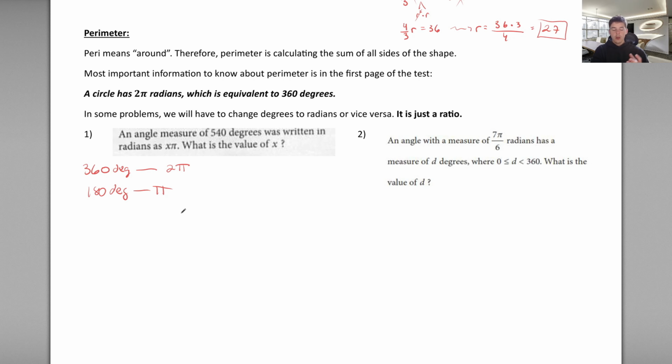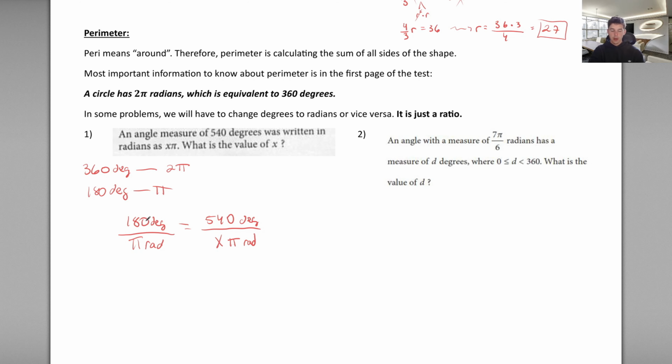What I always like to do in these conversions, especially if it's a ratio, is to set up a fraction, just like we learned in the ratio section of this intensive course. So we can do that: 180 degrees is equivalent to pi radians. Since it's a ratio and it's constant, a linear relationship, we can understand that 540 degrees is going to equal x pi